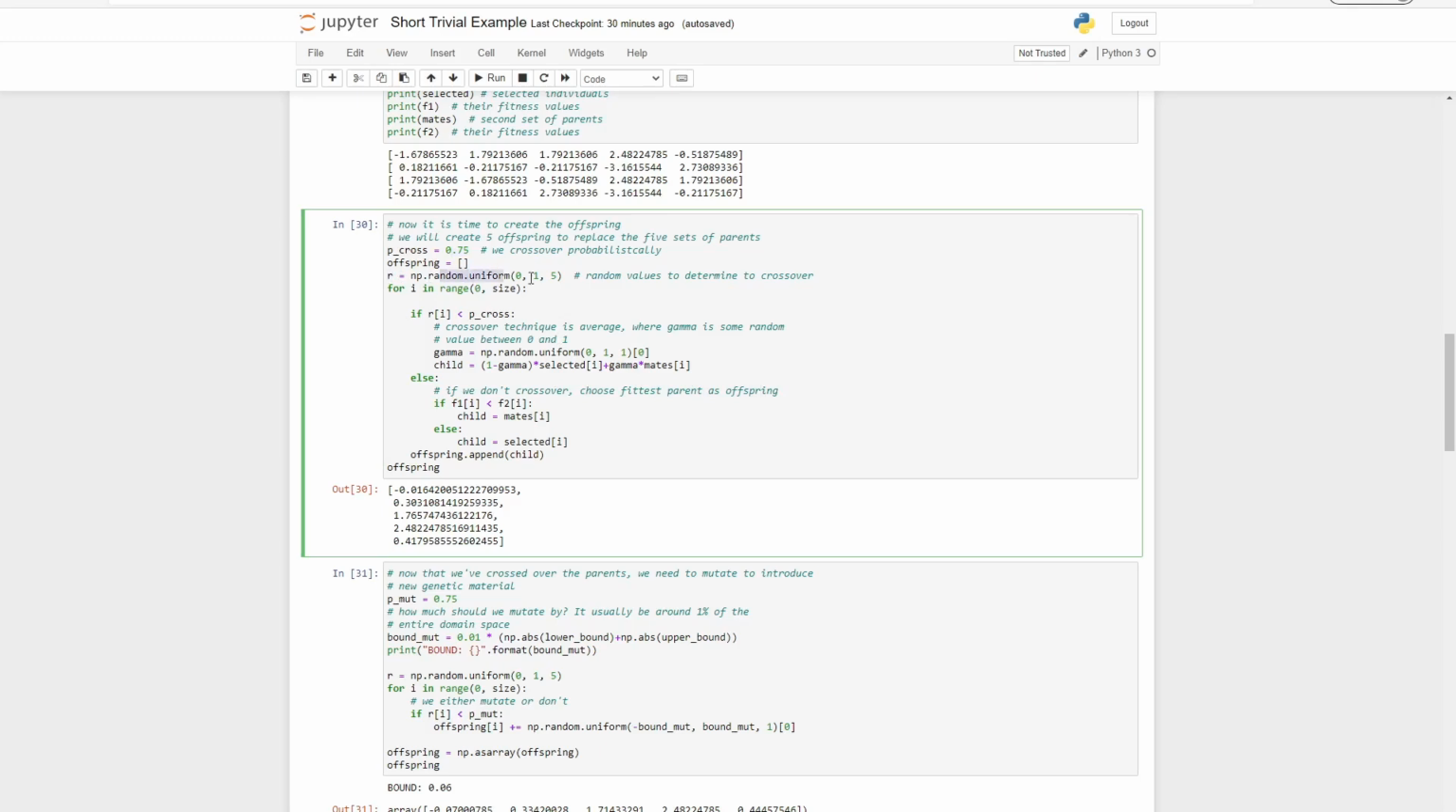So we're going to create a range of random values. And if that random value at the index in our for loop is less than our P of cross, then we perform a crossover technique, which in this case is an average. Now, if you remember from the post, the average is simply the following formula. It's 1 minus gamma times your first parent plus gamma times your second parent, where gamma can be any value